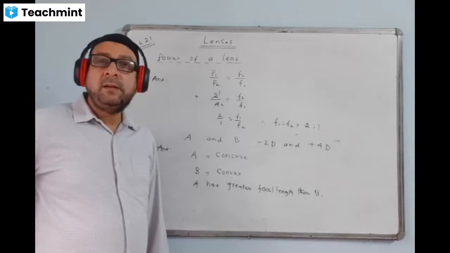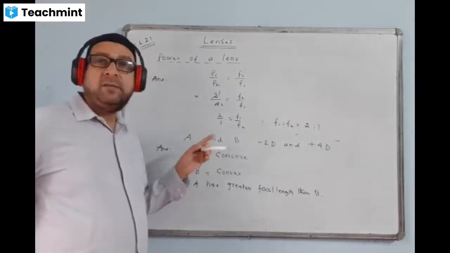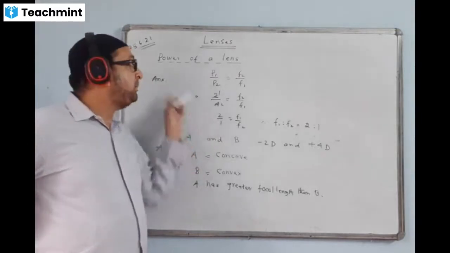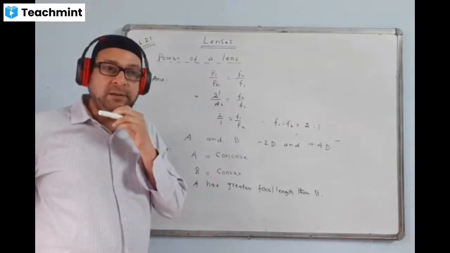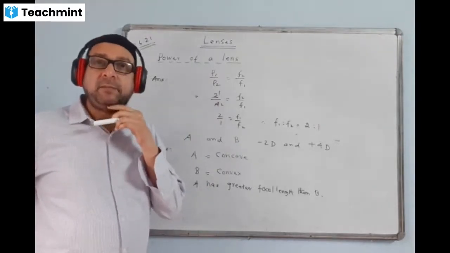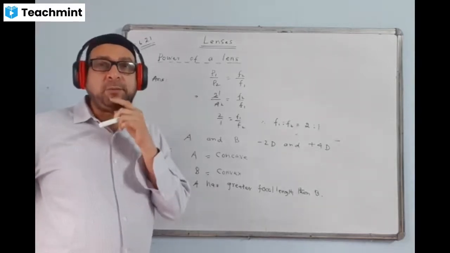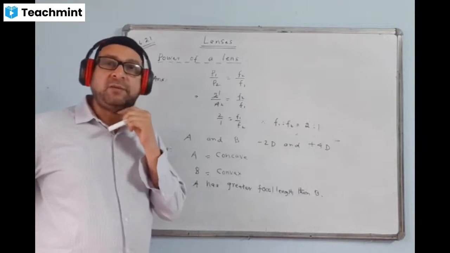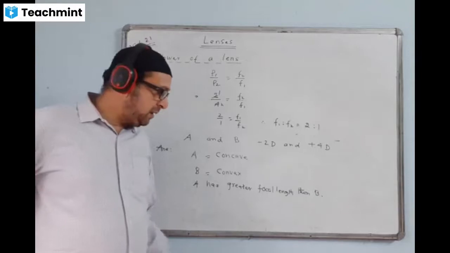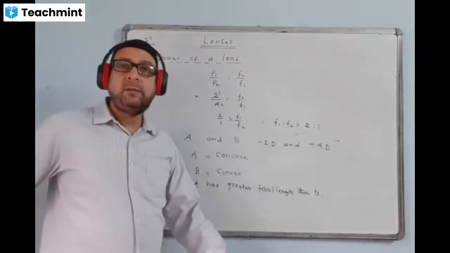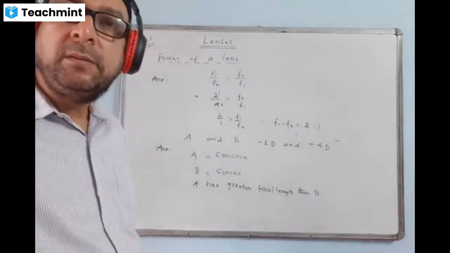So with this information, the chapter Lens is finished. Next day we will start a new chapter, chapter number 6, the spectrum. The spectrum is a short chapter where there is no numerical problem. So those chapters will finish faster and will not take much time. We will be starting the chapter spectrum next day. So today I think we can do this much only.